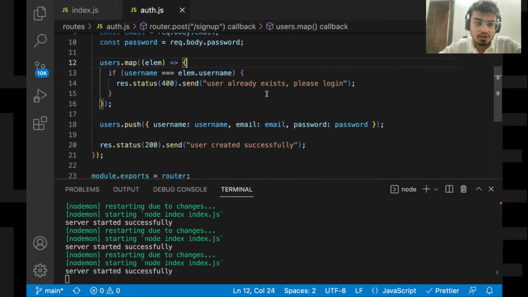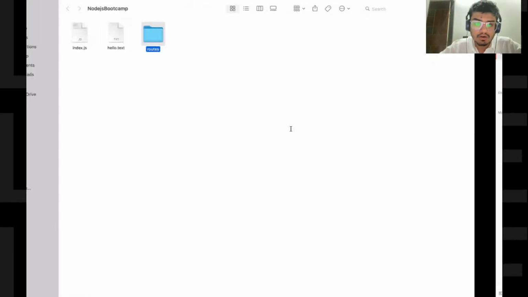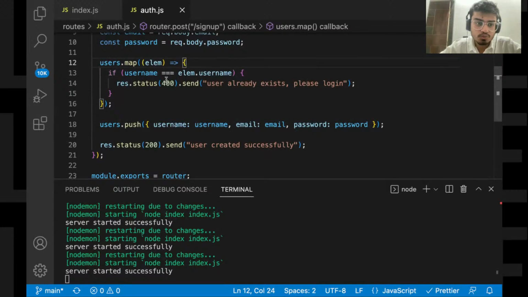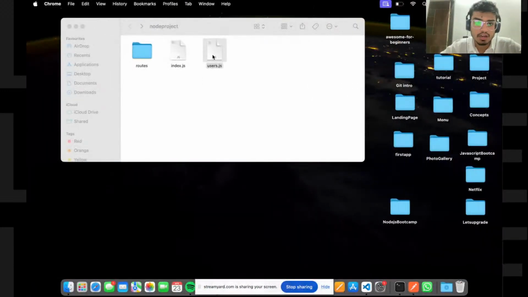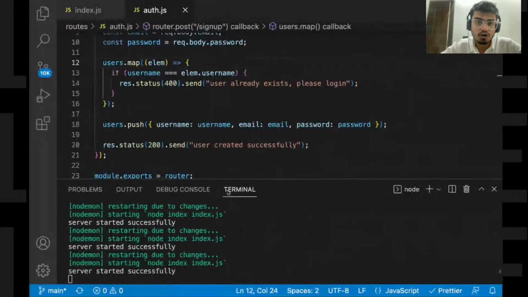Not very sure why this is not working. Let's give it one more try. Otherwise, I'll assume that this does not work in this way and we won't be able to edit a static file. Okay, so I think we are not able to edit a static file and we cannot add data to a